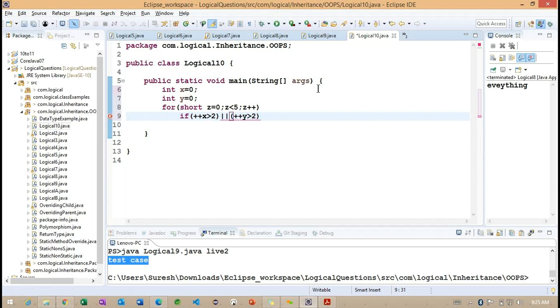If the y is greater than 2, what I'm doing here? I want to check with x++. Getting the point? I want to check with x++. So let me make one more bracket for the entire expression here.